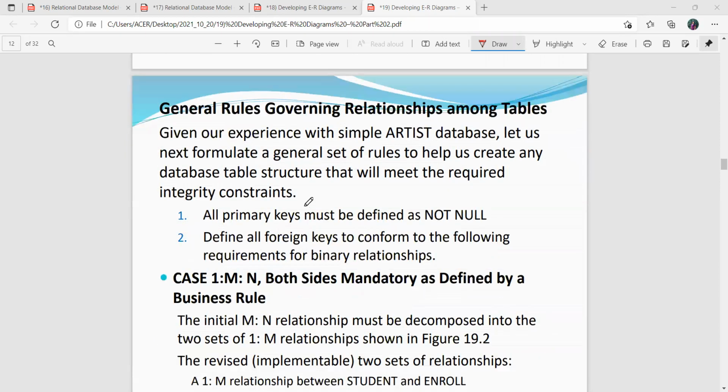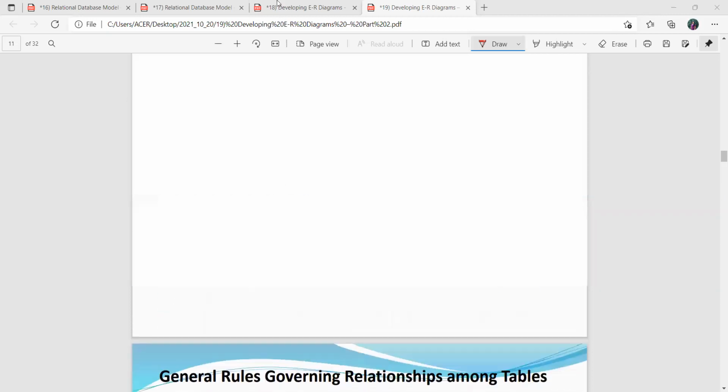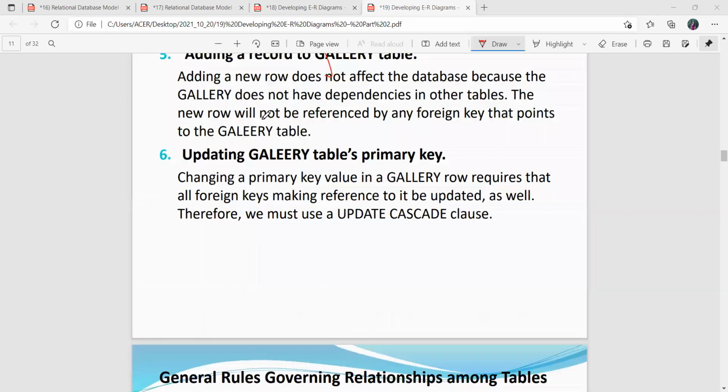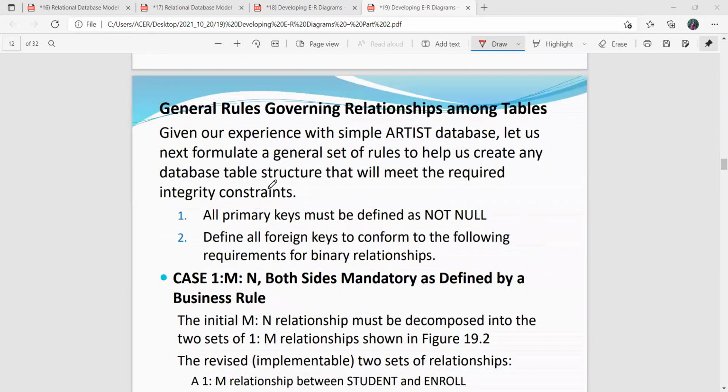When we consider the artist database, let us next formulate the general set of rules that help to create any database table structures that will meet the required integrity constraints. In this case, we discussed only the scenarios available in the artist database. Now let's discuss the common